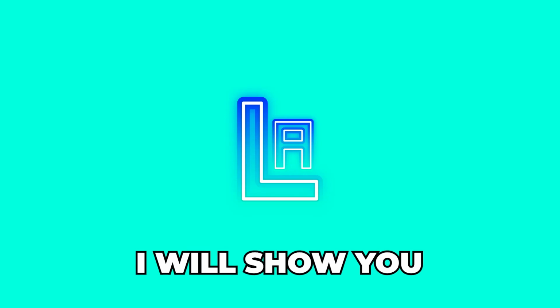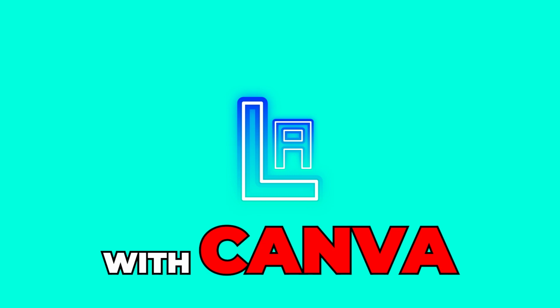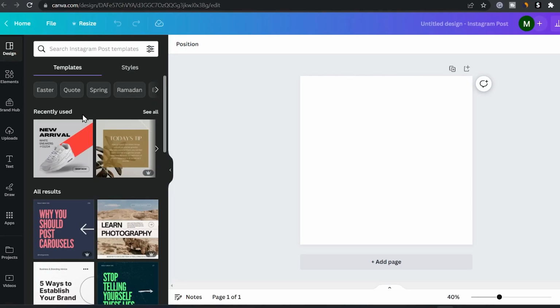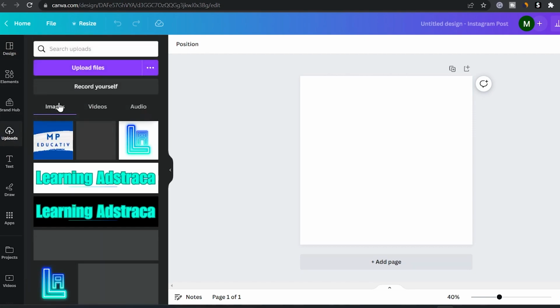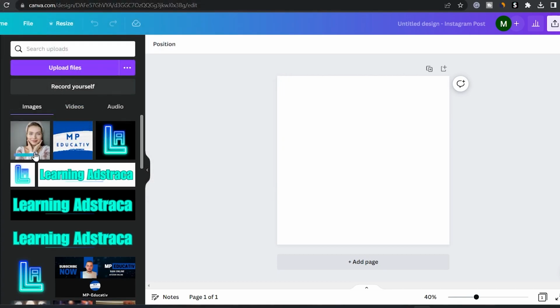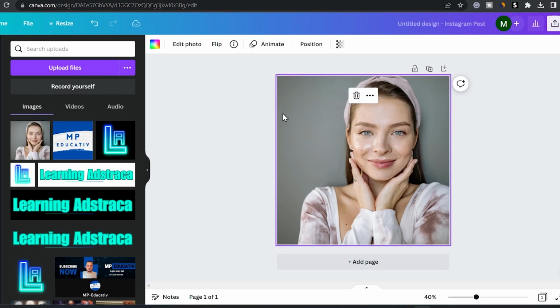In this video I'll show you very quick how to remove background from any image with Canva. All you need to do is to open a project, then you can go to Uploads, press Upload File and choose your image. You can drag here, very easy, press one click,